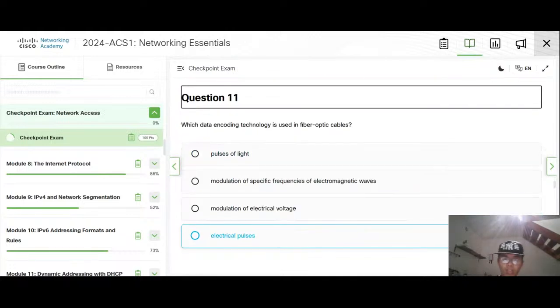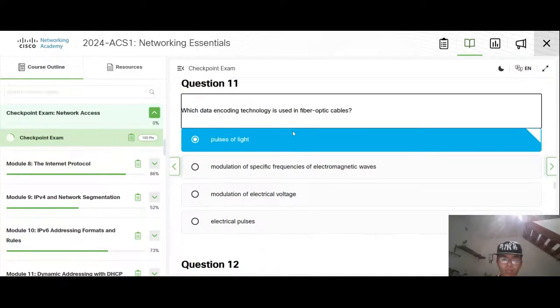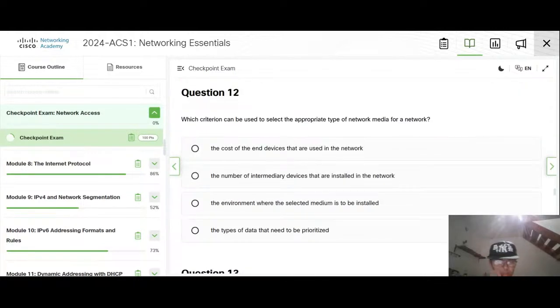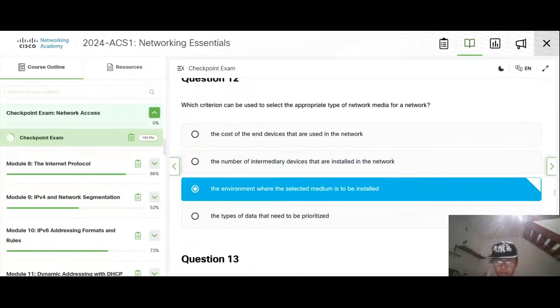Data encoding technologies used in the process of light. Which criterion is used to select a network medium: the environment, the cost of end devices? No, the cost is correct, not end devices. This one, the type of environment. You can pay for network media, the cost, distance, the environment.